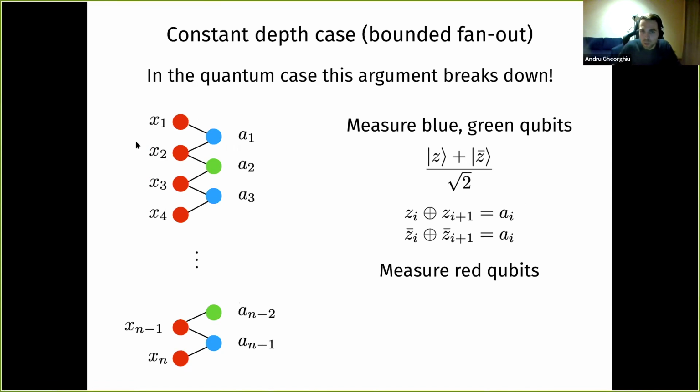So now suppose we also measure the red qubits. So we measure this state, which is like a GHZ state, but with the bits being flipped. So this X string that we get as a result of this measurement is one of these two strings, either Z or Z bar. And now suppose you ask, what is the probability that, say, X1, after you do this measurement, is equal to 1, conditioned on knowing all of the parity bits? Well, because it's equally likely that you're either Z or Z bar, the probability that this is 1 or 0 is going to be a half if all you know is the parity bits.